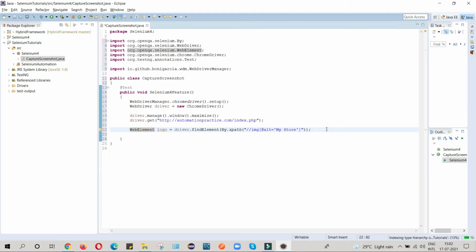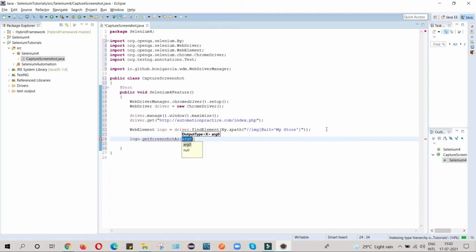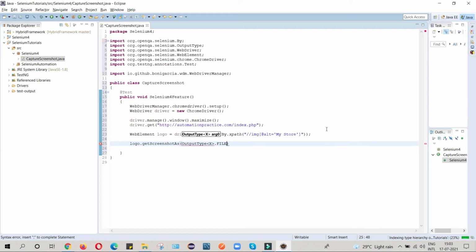Now my next step will be to capture the screenshot. So I can write logo dot getScreenshotAs, and here I will write OutputType dot FILE.